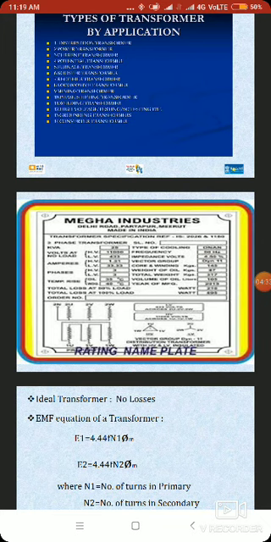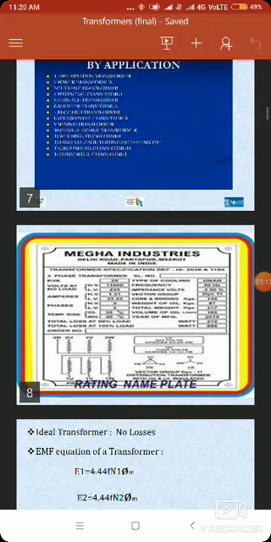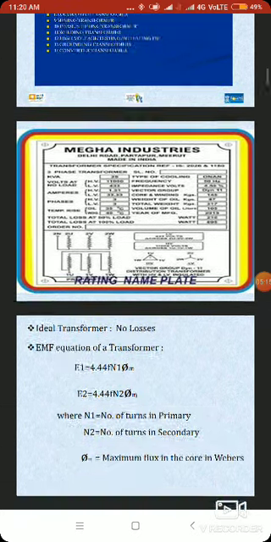This vector group I shall cover only briefly, because vector group is a very vast subject. I'll just give a brief idea of what a vector group is. Vector group, which we all studied in our engineering colleges in the generalized theory of machines. There are many vector groups, but the commonly used vector groups are DYN11 and YDN11. In this transformer it is given as DYN11. What it really means, we'll discuss later on.